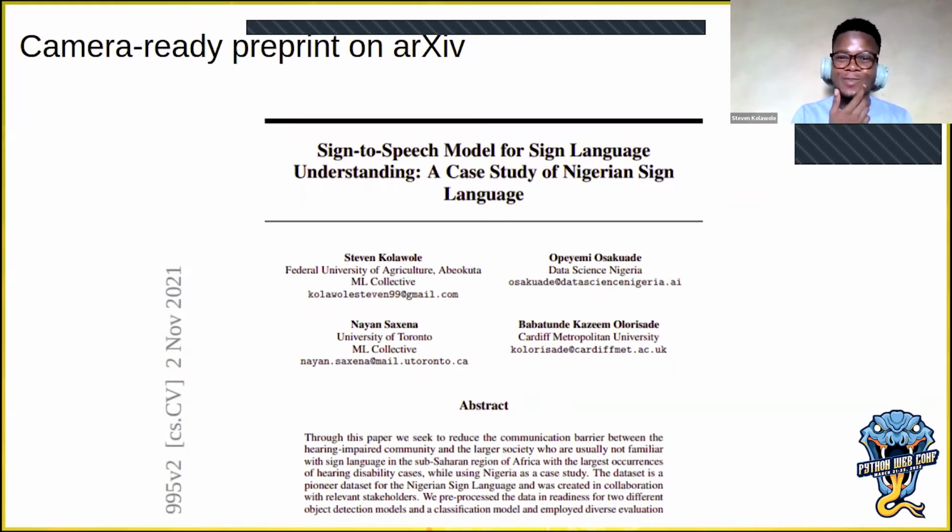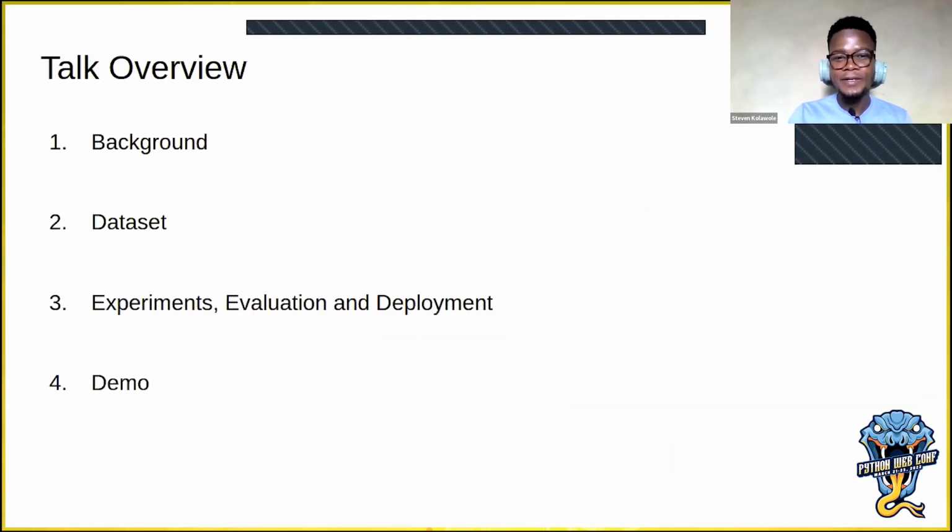And yeah, so the paper managing to get into the workshop at NeurIPS ML4D, machine learning for the developing world workshop, was really a big moment for me, considering that this was my first research endeavor and all. So yeah. All right, so in this talk, I will go through the background, which I've already covered to a good extent, and then I'll talk about the data sets, the experiments, the evaluation, and the subsequent deployments, and finally, I'm going to show us a live demo.